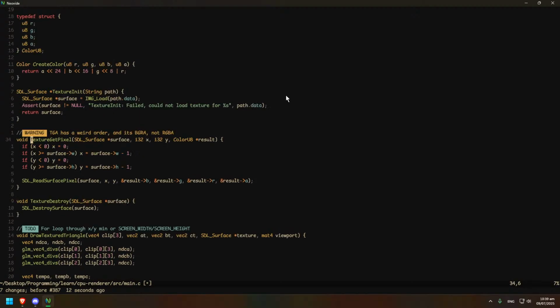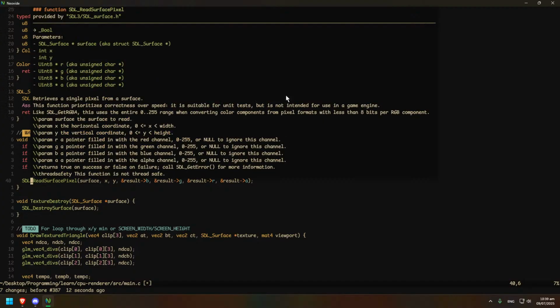Also, getting the pixel, these values are always U and 8. It's either 0 to 255 or no. Oh, no, but it always returns that, right? Yeah, and